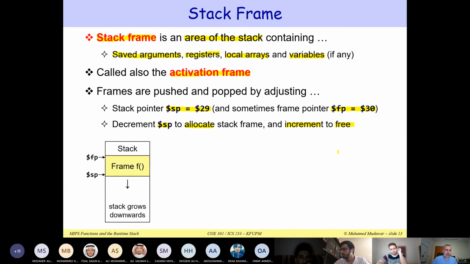As an example, this is the frame for the function f, which is shown in yellow. Notice how the stack pointer points at the top of the stack. Notice the frame pointer, it points at the beginning of the frame. Notice that the stack grows downwards toward the lower memory addresses. This is why we decrement the stack pointer when we would like to allocate memory on the stack, when we would like to allocate